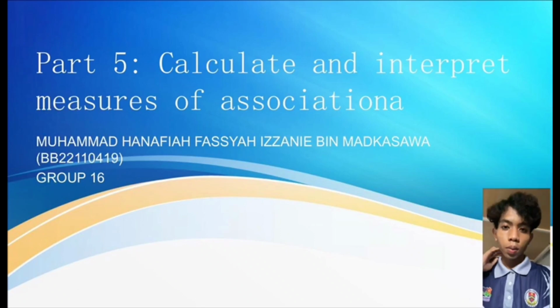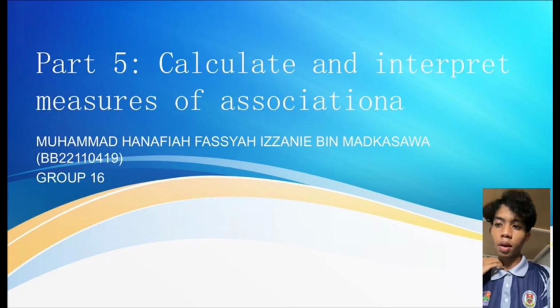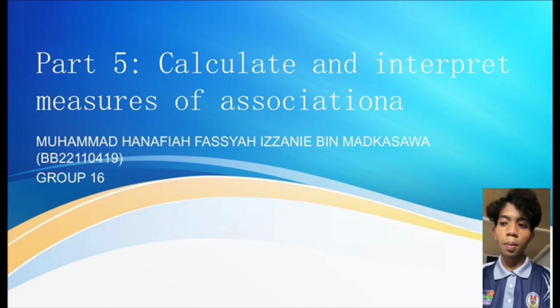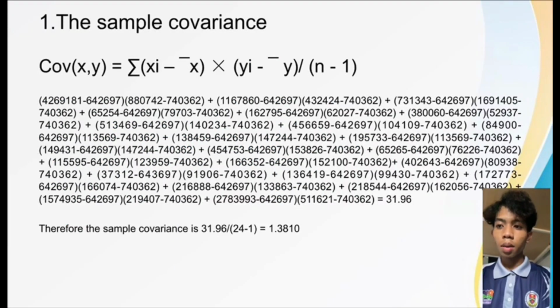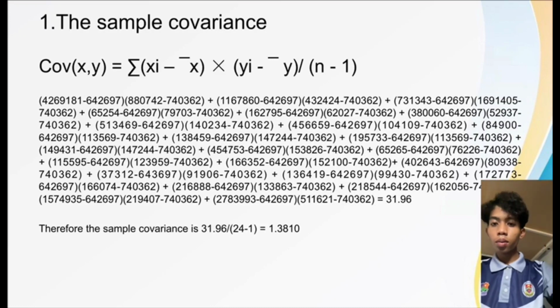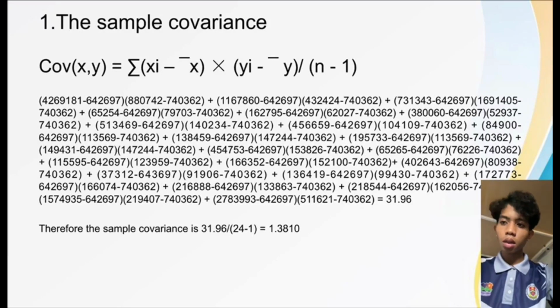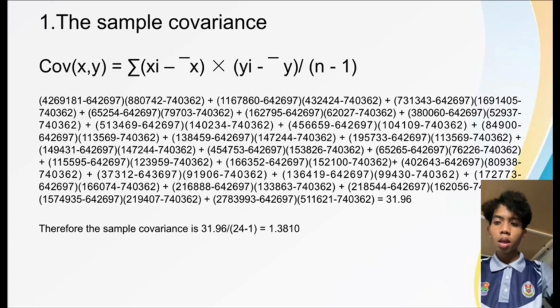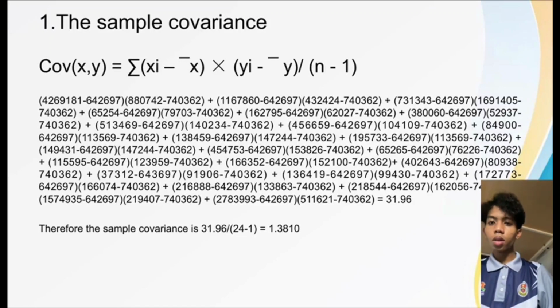We'll explain part 5, calculate and interpret measure of association. First is the sample covariance. The formula for sample covariance is the sum of (xi minus x bar) multiplied by (yi minus y bar), divided by n minus 1. So like you see in the example,